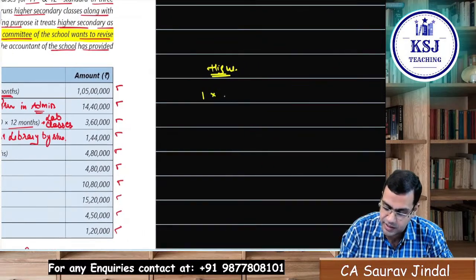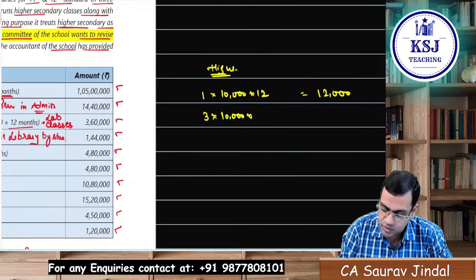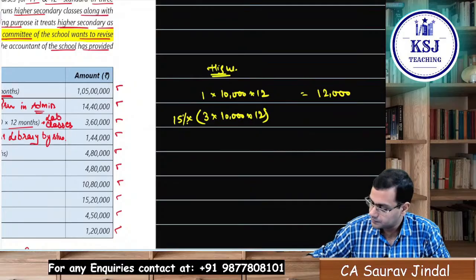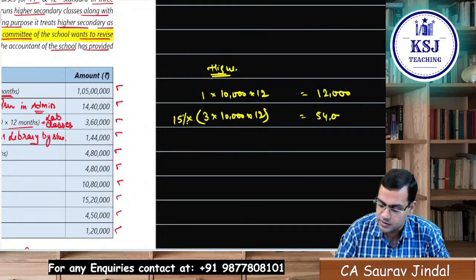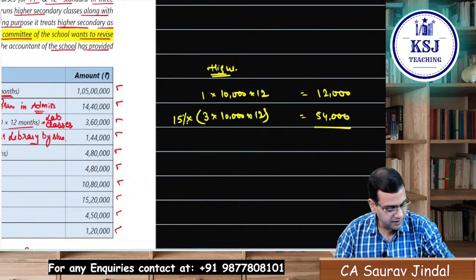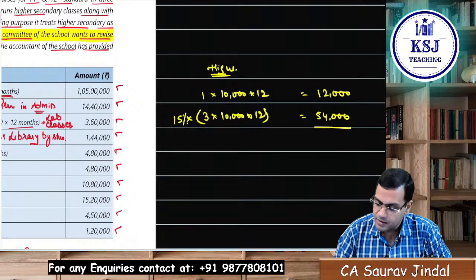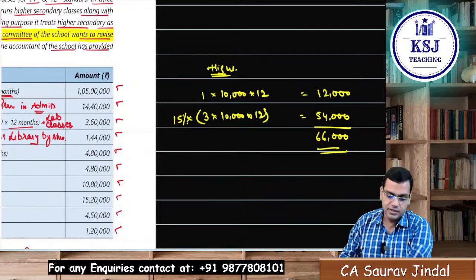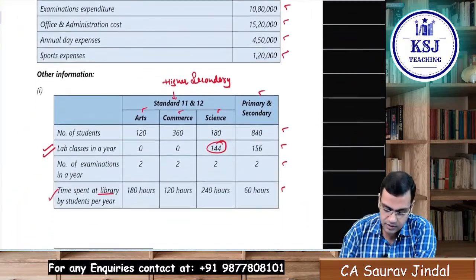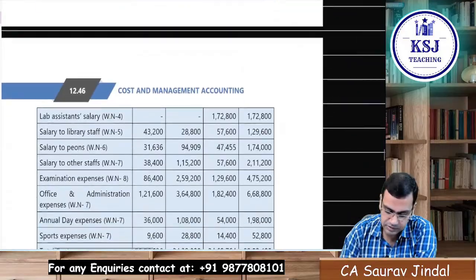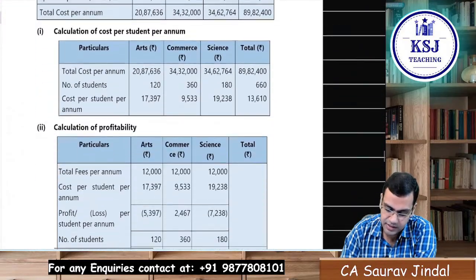1 peon into 10,000 multiplied by 12, that is 1,20,000 rupees. Remaining 3 into 10,000 into 12, but only 15% of it, right? That is 54,000. Clear? 54,000. So this will be 66,000 for the higher secondary section. Clear, sir? So salary to peon, it is there,